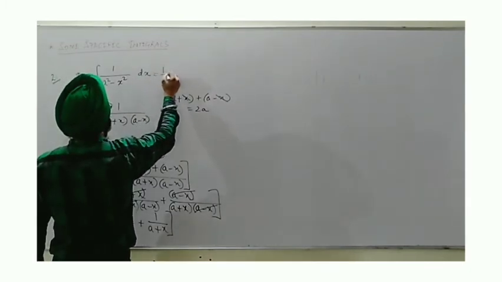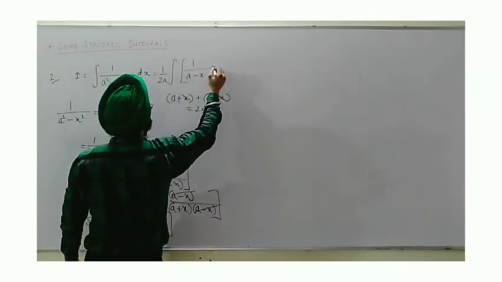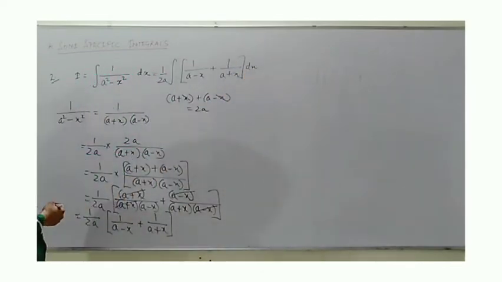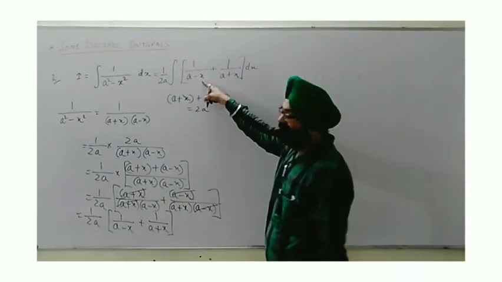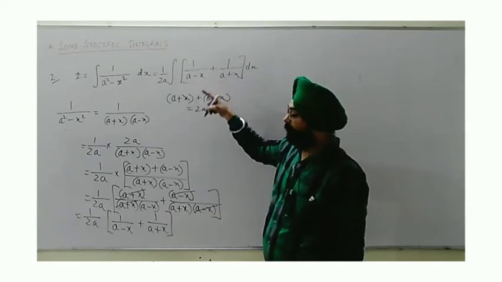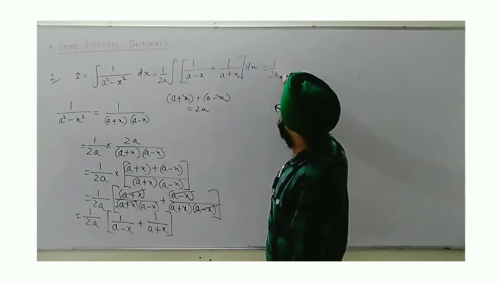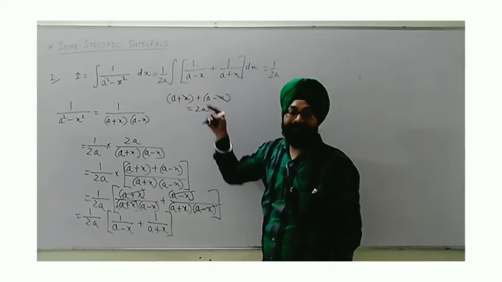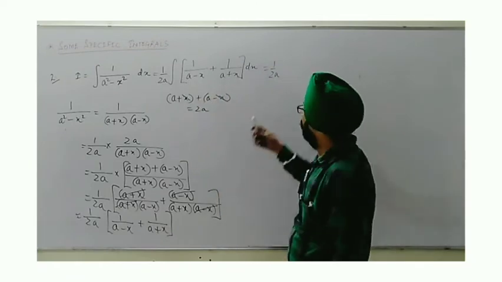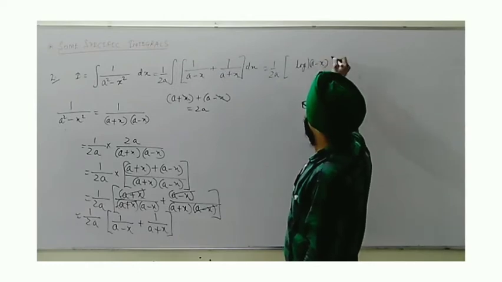If I write this as 1 upon 2a out, and here the sum of 1 upon a minus x and 1 upon a plus x, both are directly integrable. But be careful, here this minus x in the first term is given after the subtraction, so there will be a change. This will be 1 upon 2a as it is. When we find it's a direct integration, obviously as this is a linear polynomial, 1 upon linear polynomial is given. So its integration will be log of a minus x with a mod.